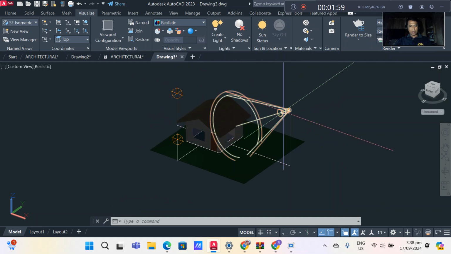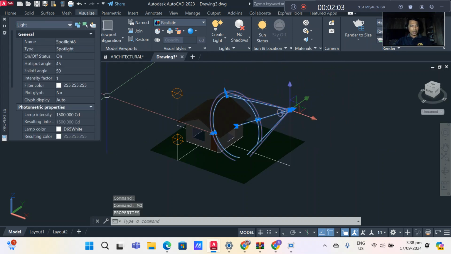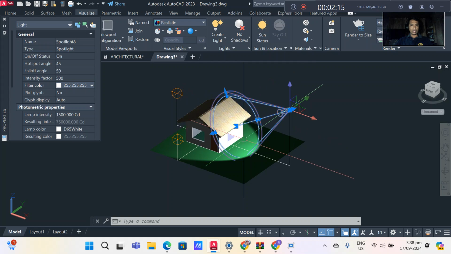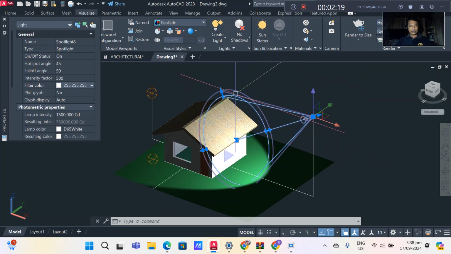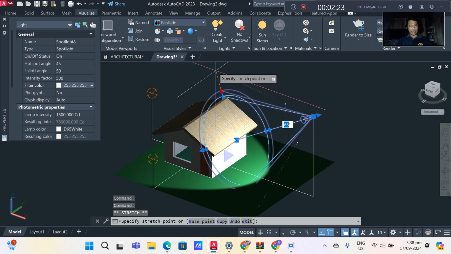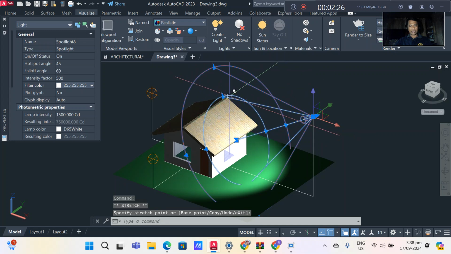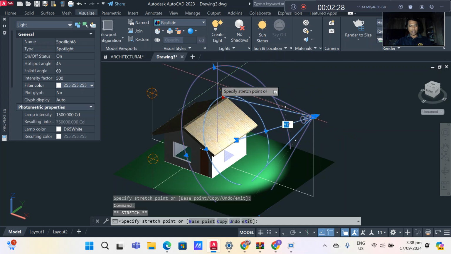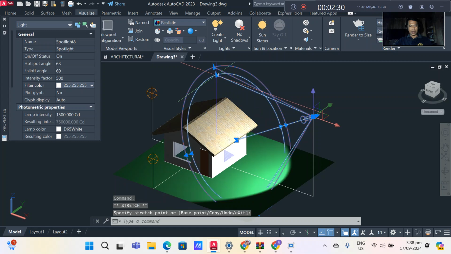Now click the spotlight and then type MO for properties and then change the intensity factor. The default is 1 and I would like to make it 500. So the object already has light from the spotlight.